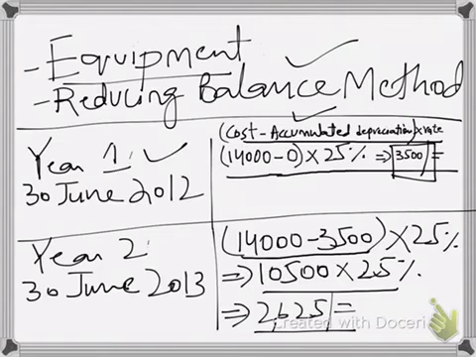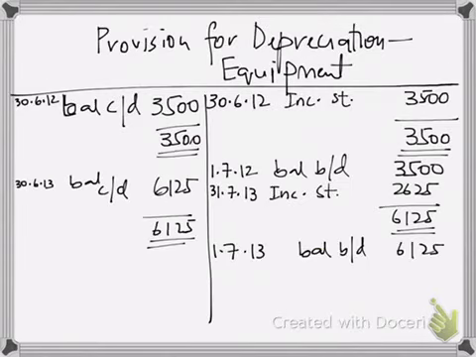We obviously calculated the depreciation for the equipment. For the first year it was 3,500, and for the second year it was 2,625. So I've made the provision for depreciation account for both the years. The first year it was 3,500. You balance the T account, and then you record the depreciation for the second year, and then once again you balance the T account. So this is how you record depreciation. It's very simple. Once you calculate depreciation, you won't face any problems in recording it. Alright, so this was just an example of how you can calculate depreciation and record depreciation in a T account.